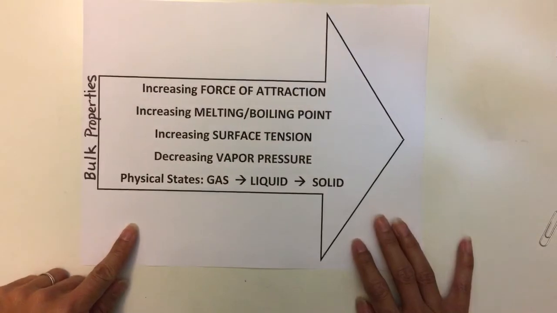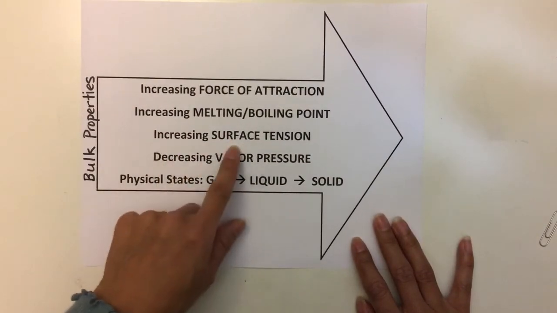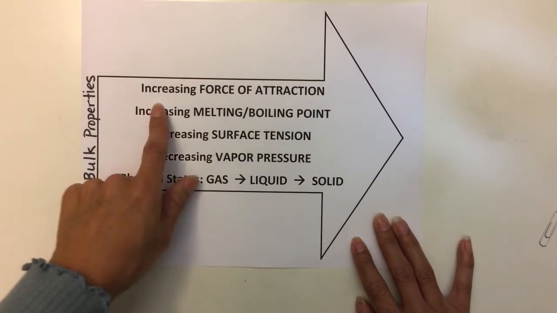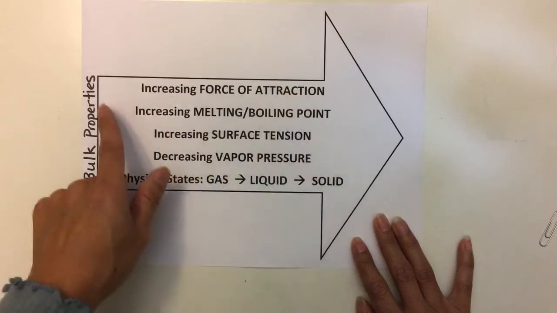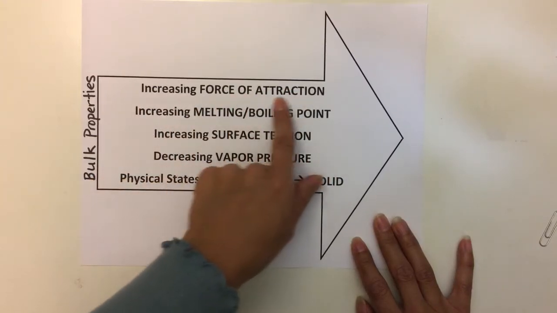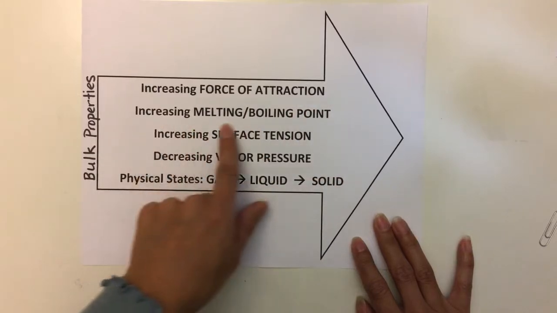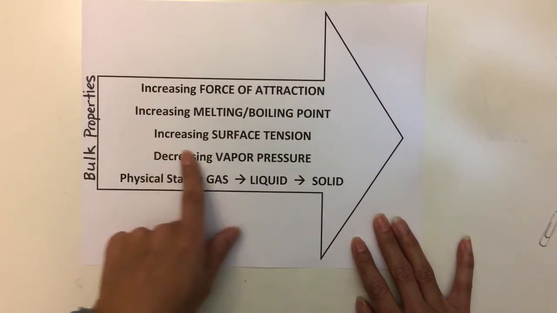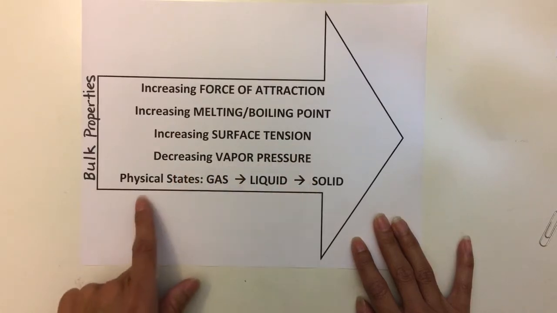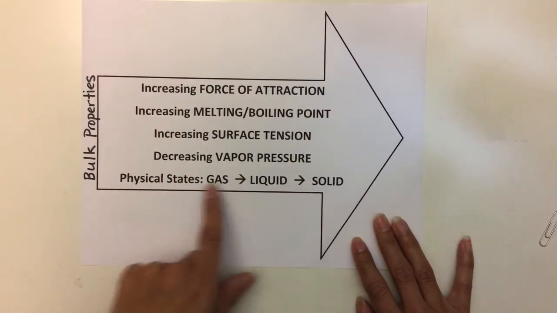As requested, I wanted to give you a short video on bulk properties. And on this arrow, I've added a couple more bulk properties, including surface tension, vapor pressure, and physical states. So as you're going down through this arrow, you're looking at ranking it in increasing forces of attraction, increasing melting point or boiling point, increasing surface tension, and decreasing vapor pressure, and physical states of matter going from gas, liquid